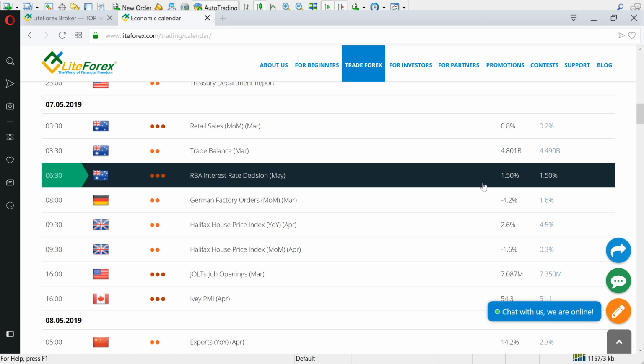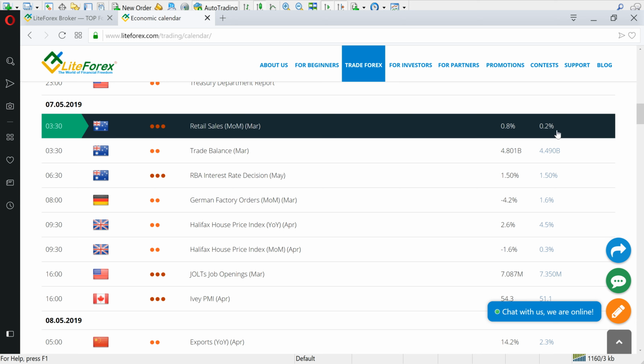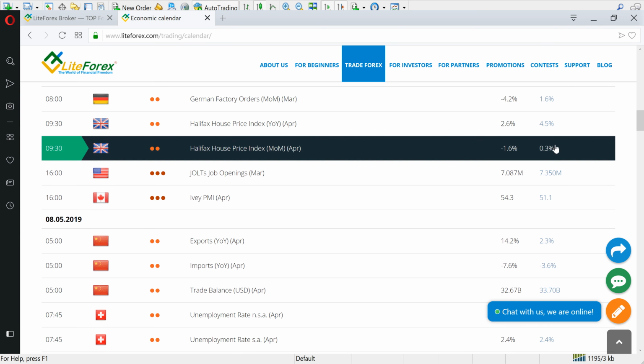Australia will also release retail sales figures and trade balance on Tuesday, and we can see that the forecast for retail sales is rather weak, so of course a positive surprise may happen, but still traders will be rather negative about Australian currency. In addition, on Tuesday there will be inflation expectations data from New Zealand once a quarter, so the indicator is important, and the European Union will release its